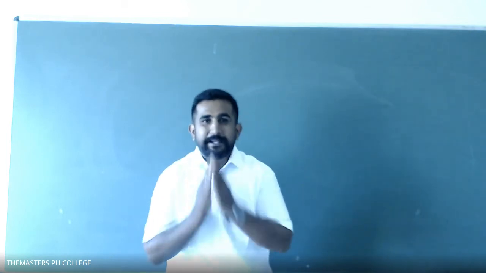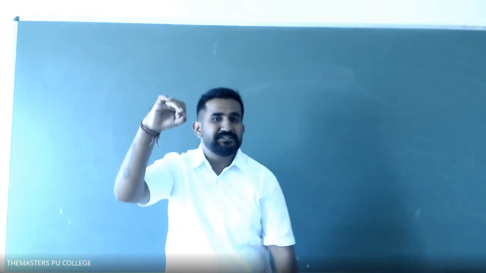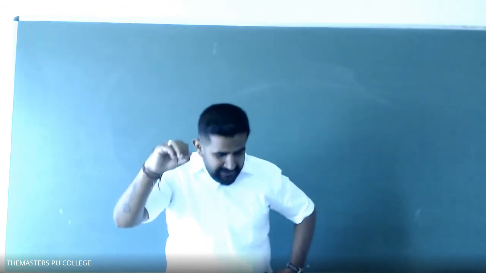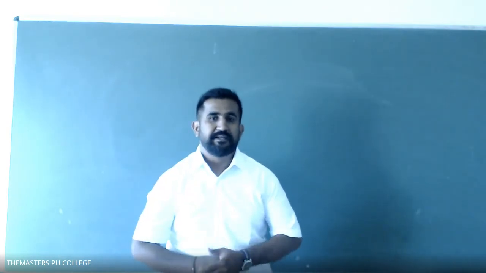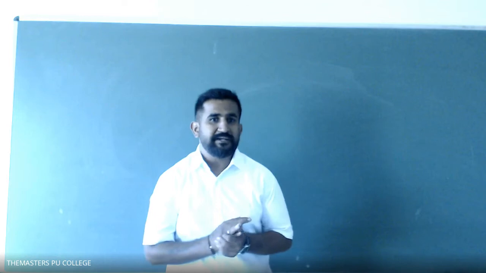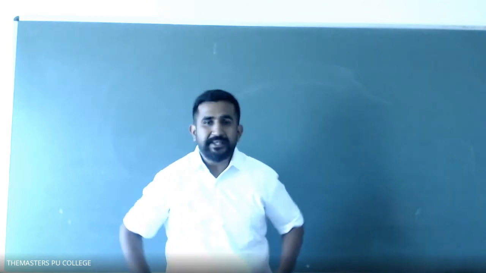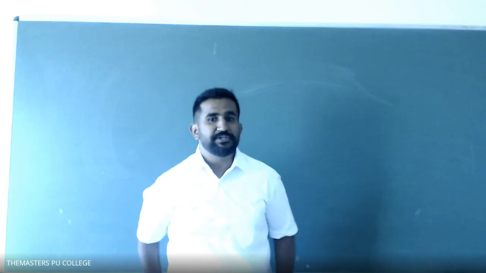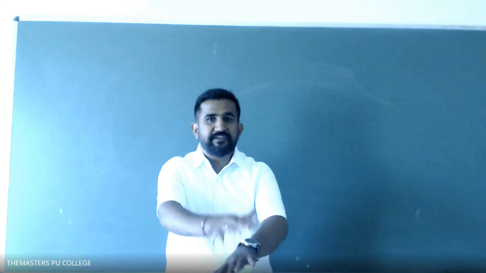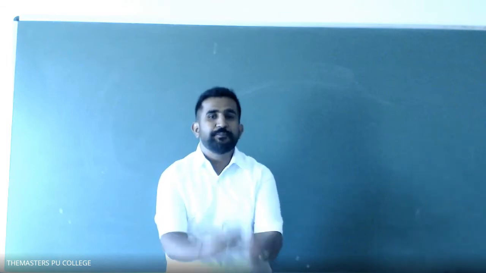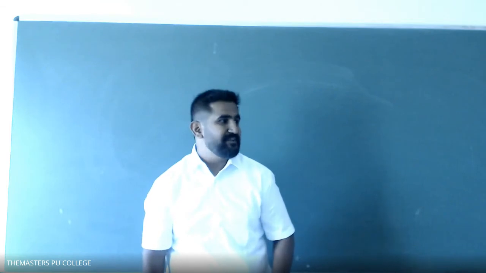Next, A is equal to g, freely falling body. In that case, what is the apparent weight when A is equal to g? 0. Very good. It means there is no pressure acting on the weighing machine. Then the apparent weight will be equal to 0. These are the cases we learned in the last class.